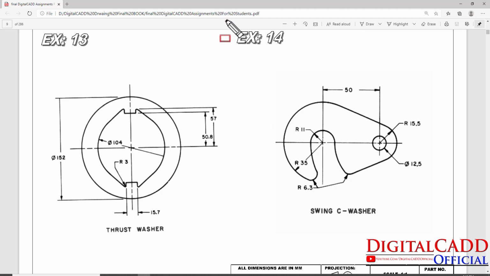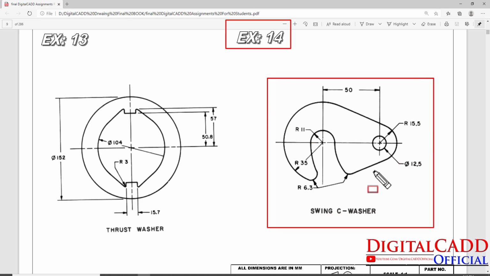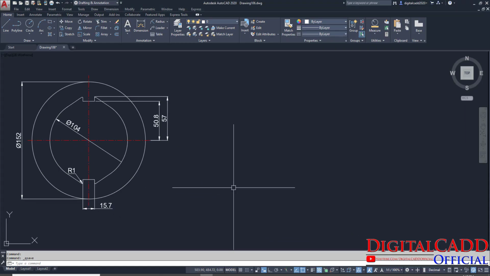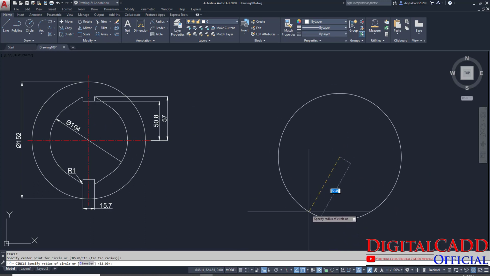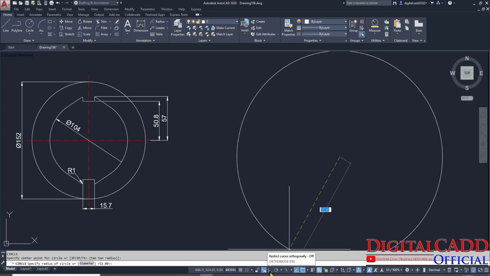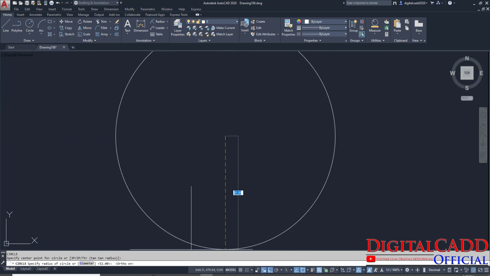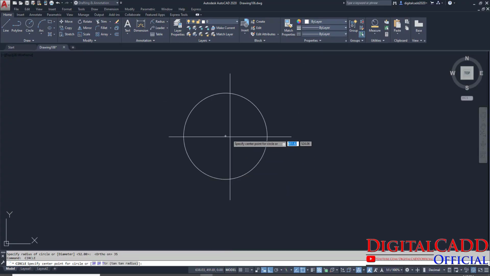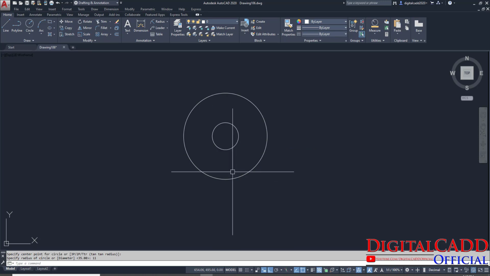Now let's think about exercise 14. Now how could we create this model, this drawing you can see here. Then we have to start from this large circle, then a small, then this one, and then this one. Then we will make tangent to these 2 circles as well here, and let's have a look how we can create that. C for circle, click here, press F8 for making this ortho mode button on, otherwise click here once. And now 35, here we have 35, again press space to repeat the same thing, 11 radius.